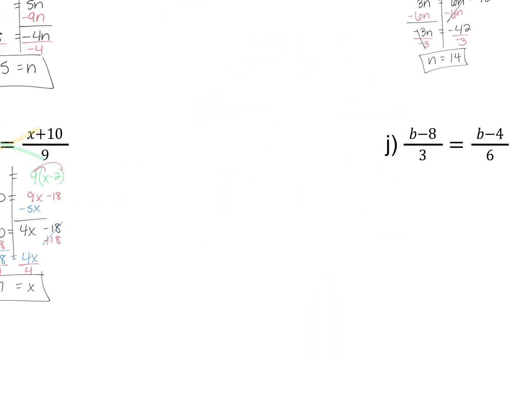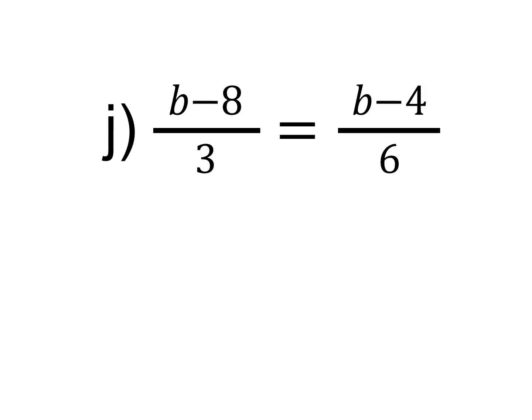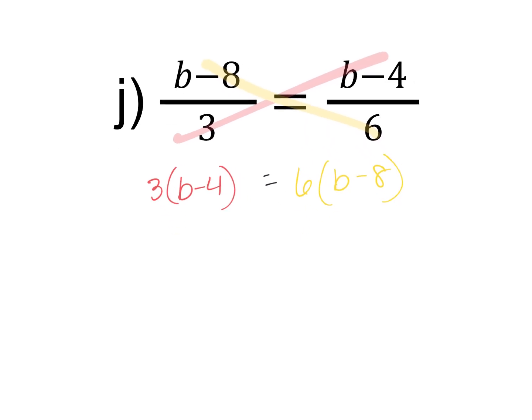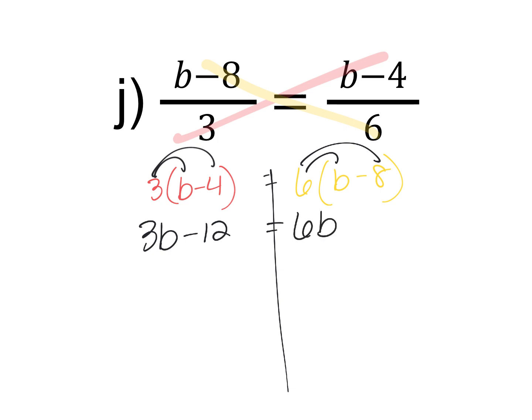Okay, one more of those. Okay, so let's cross multiply. So 3 parentheses b minus 4 is equal to 6 parentheses b minus 8. All right, we've got it set up. Now we can do our distributing. So that would be 3b minus 12 is equal to, distribute that, 6b minus 48. All right, now we've got constants on both sides, just like the last one, and variable terms on both sides. So let's move the smaller variable term. So we're going to move that 3b by minusing it